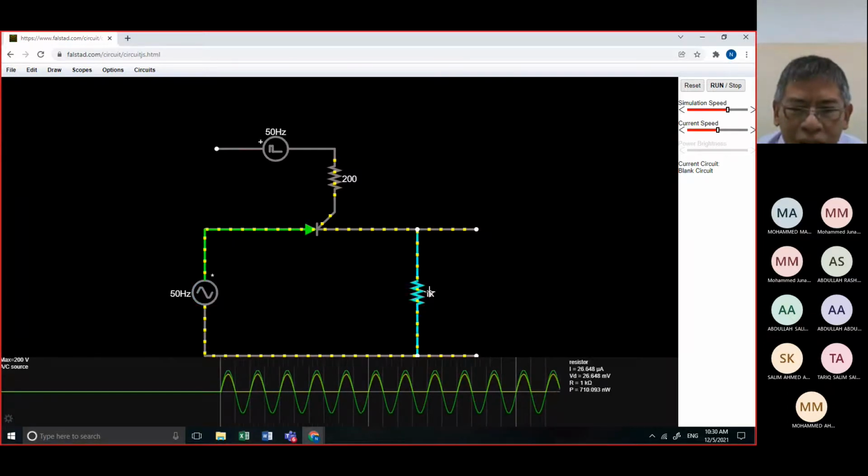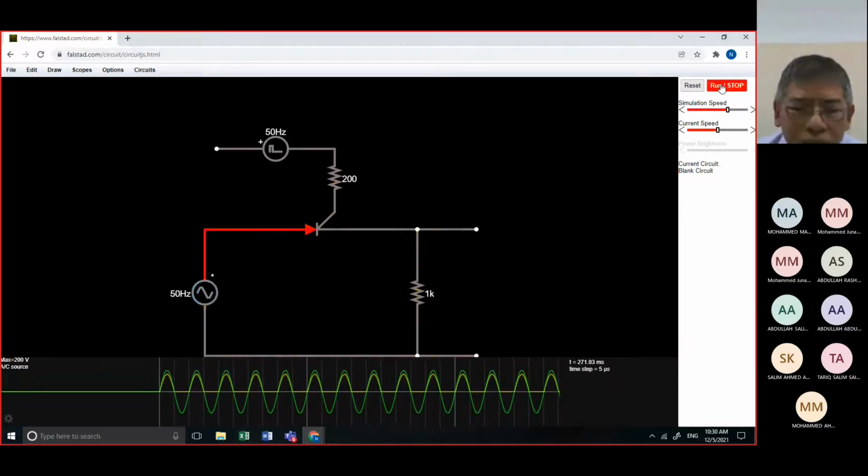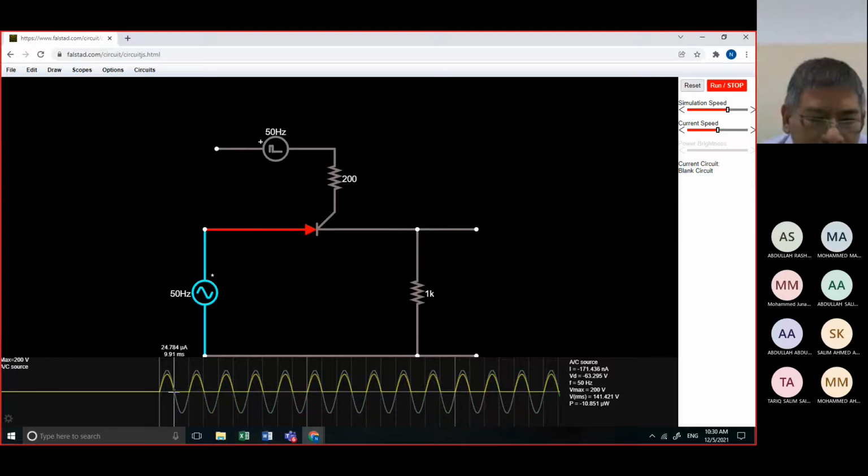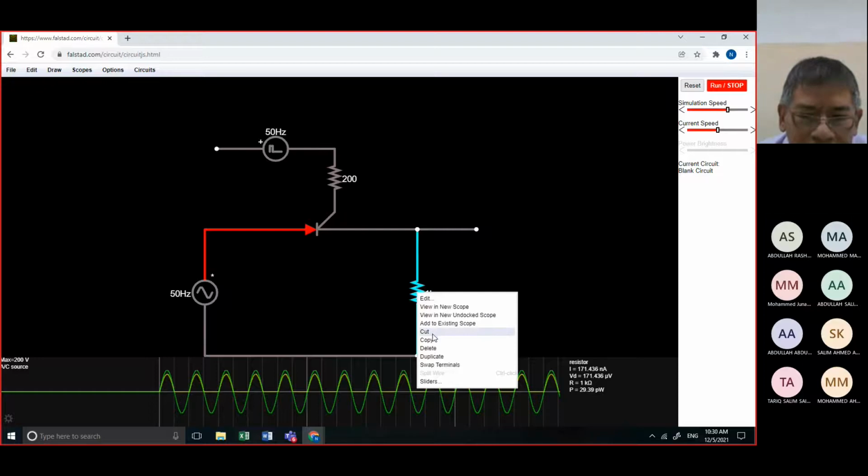As far as the capacitor is concerned, we will stop here so that you will see the difference. From here, the output starts from zero going here. When I change this to a capacitor, by the way, is there a resistance of a capacitor or no? Yes, teacher. Okay, very good. There is also a resistance of a capacitor. That's why there is an output.